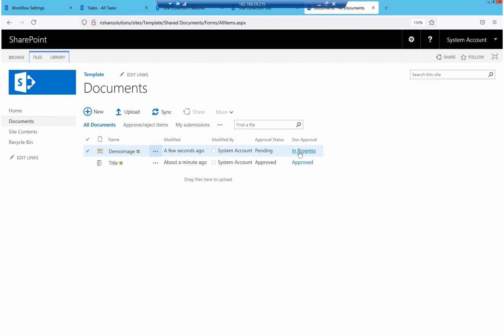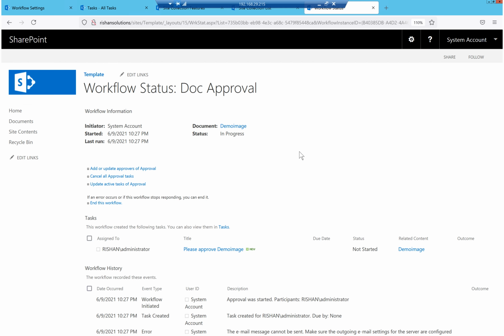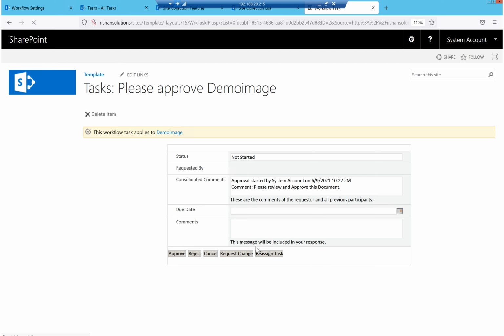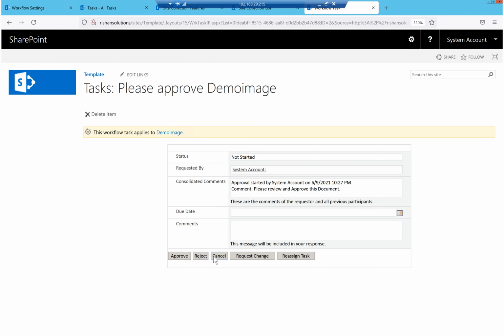Now it is started, now it is in progress. Click on view this task. So we have reject and we have cancel option, and then request to change and reassign task.